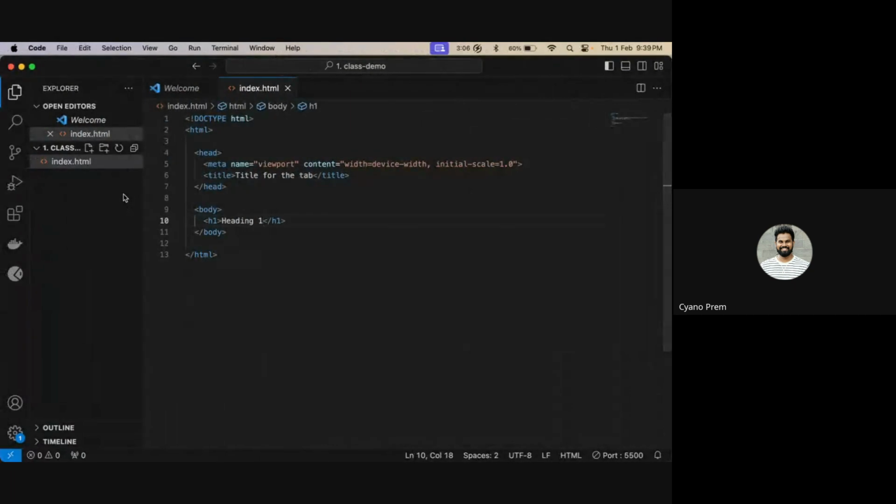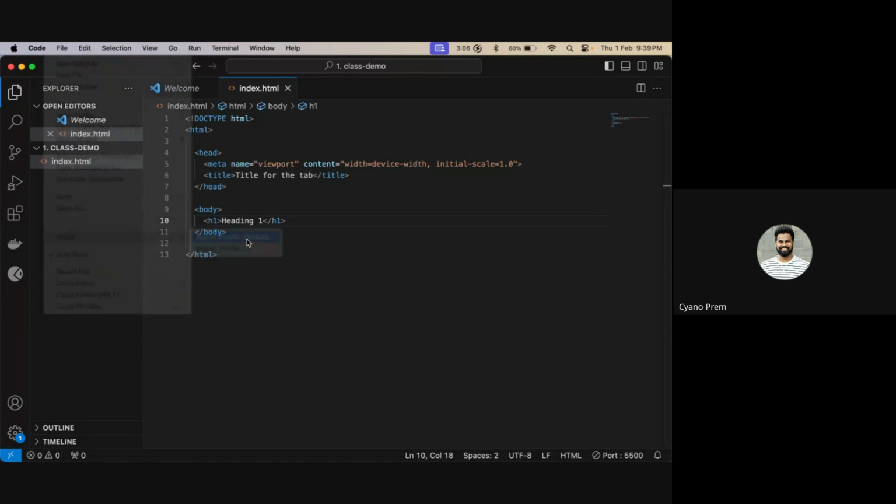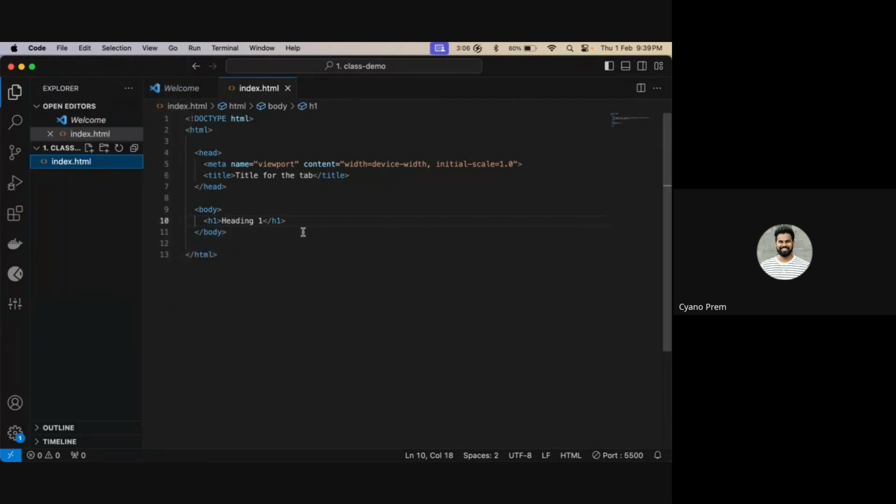So here multiple things are working in place, which we have done the setup for. First, we have enabled autosave, so it automatically saves all the things. As we start typing, your VS Code will save things. And as things are saving in your VS Code, we are running it in our live server.